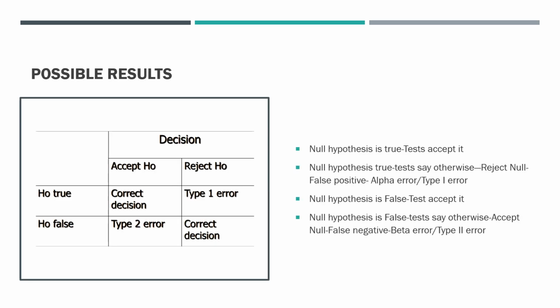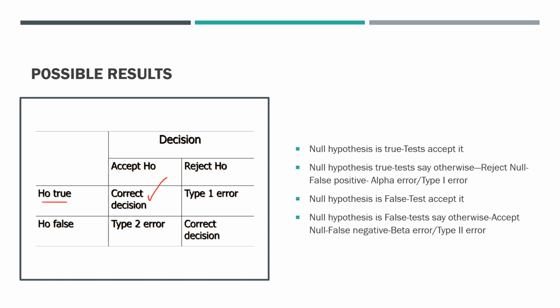So what are the possible results? In this case, you have the population mean and sample mean. Sample mean is away from population mean. There is a huge gap and you are trying to prove something. So you know that the null hypothesis is true, for example, and you are doing a test, and the test is stating that what you are seeing is true, meaning your test is also accepting that the null hypothesis is true. So in this case, there is no problem. You know it is true, the test is also stating it is true, so therefore it is true.